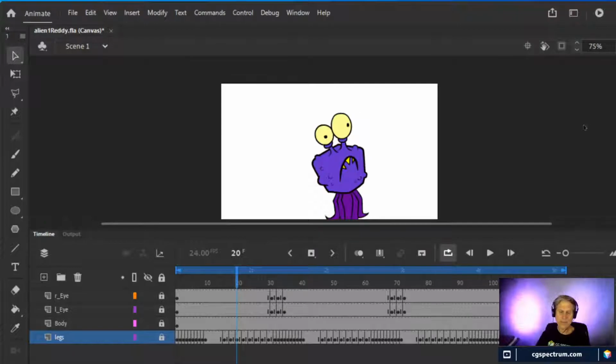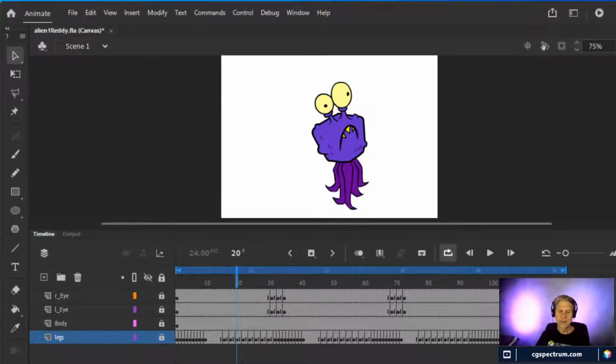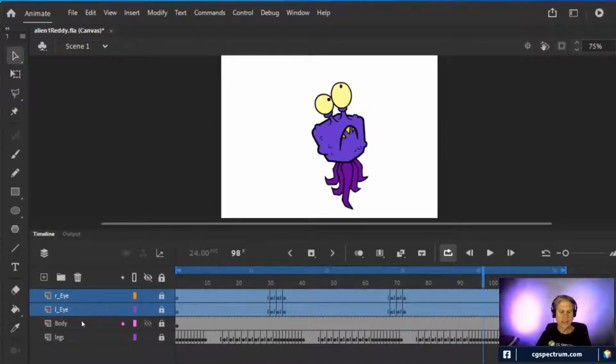But when we're done, if I put this back to full frame again and I play this, then in theory, it's a cycle. And the way it's set up is if I want to, then I can group all of these layers into one unit, and then that gives me the ability to move the whole thing as a single unit. I don't think I can do it now because I didn't. This is not actually set up for playing with.